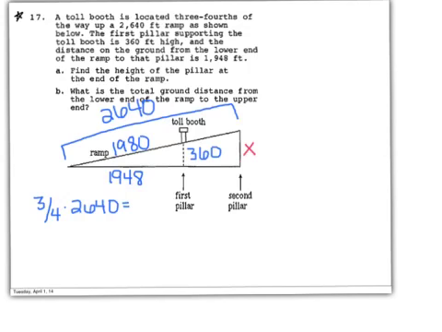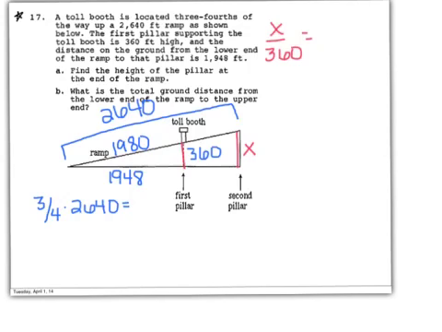To find that, let's find what that pairs up with. Okay, this X here corresponds with this 360. So that's how I'm going to start my proportion. I'm going to start as X over 360. And then this X is a side in the big triangle, and the 360 is a side in the small triangle. So I need to find a pair of sides that corresponds in the big triangle and the